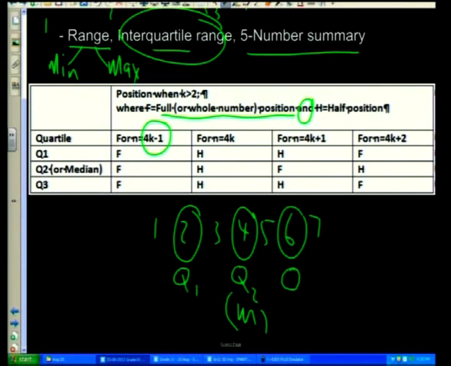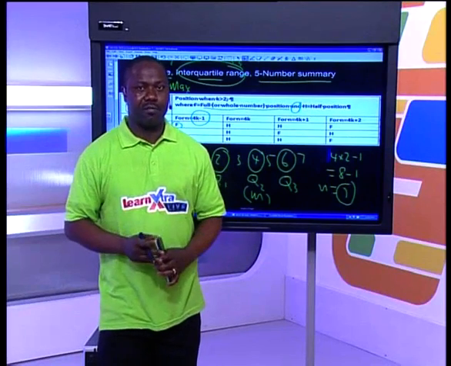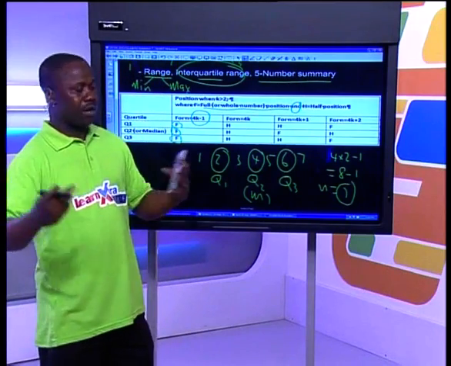Then the position of quartile 3 will be over there. So like I said, this number is a multiple of 4, take away 1. In this case, it was 4 times 2 minus 1, which is 8 minus 1, and that gives you 7. So our n is equal to 7, and when you have that situation, it's a full position, full position, full position. Now, if you have data that is exactly a multiple of 4, like 4, 8, 12, obviously,